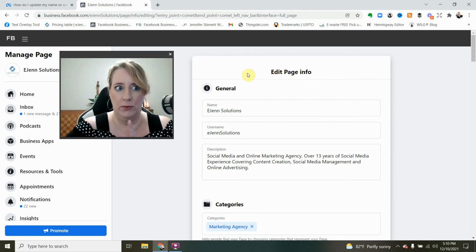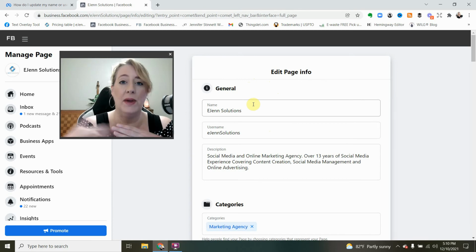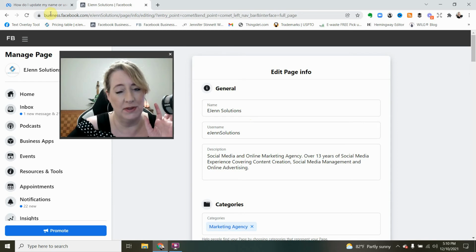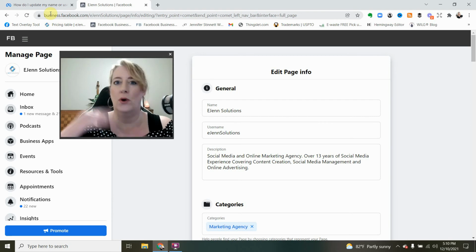Now, a couple of words of warning. You will go ahead and change it, but it will take 3 days for Facebook to review it. And in that time, they may have some questions for you. You may have to upload documents depending on what type of change you're making. But be aware it can take up to 3 days to change that, either one. And once you do change it, you will have to wait 7 days in case you made a mistake and you want to change it again. You're going to have to wait 7 days to do the whole process again. So just be aware of that. Be very careful of your spelling and all that good stuff.